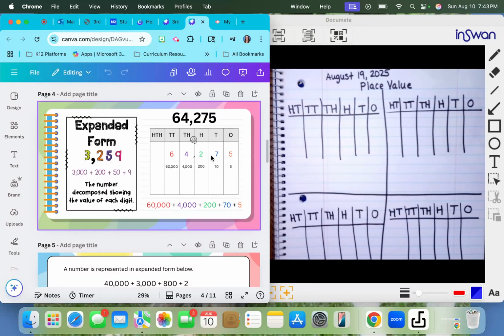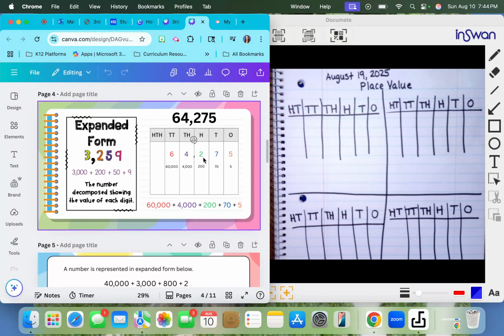Here we can see that the digit 6 is in the 10,000s place. That digit 6 is not worth just a 6. It has a value based on its place, the 10,000s place. So the value of that 6 is actually 60,000. And then here, our digit 4 is in the thousands place. So it's not worth just 4. It's worth